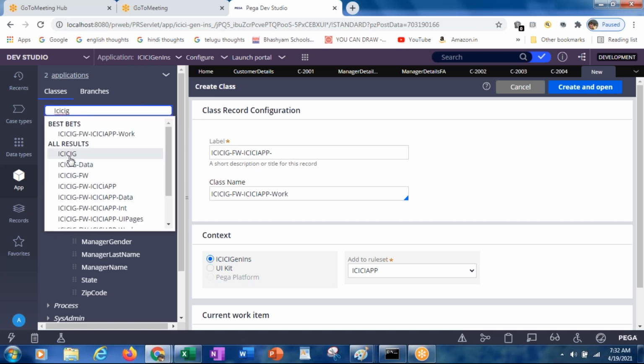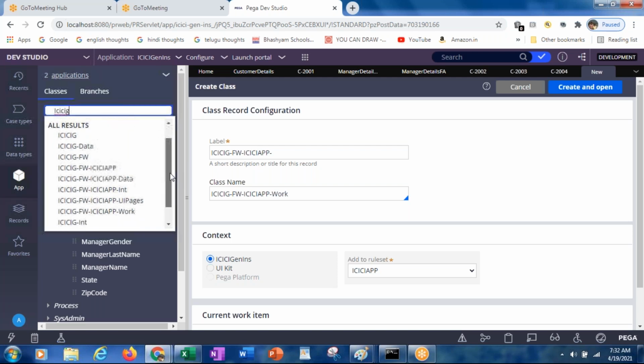Okay, here you can see ICICIG, ICICI data, okay, ICICIG framework. Okay, under the framework class again we have various others. Okay, our application level app data, UI pages, work. Okay, and the ICICI general INT.